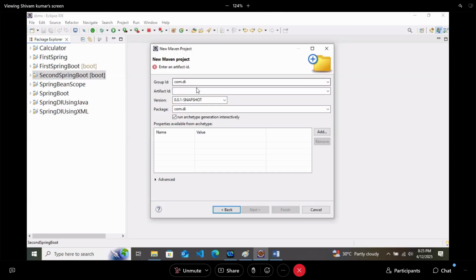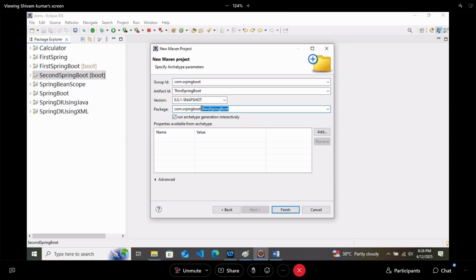Group ID, I will keep com.springboot. Artifact ID, I will keep as third Spring Boot, meaning project name, third Spring Boot, and package name and group ID, I will keep the same.